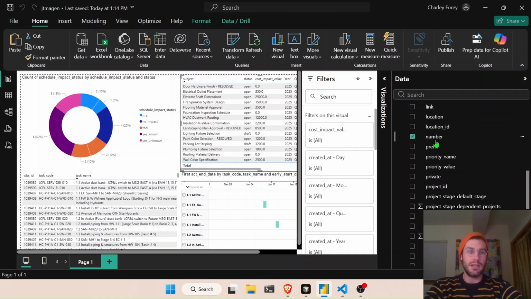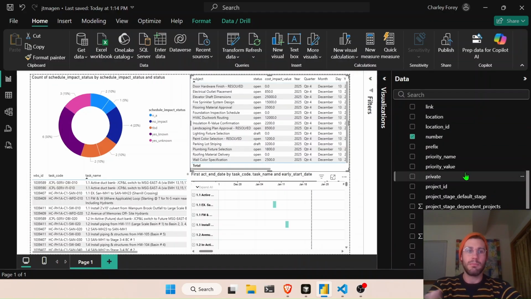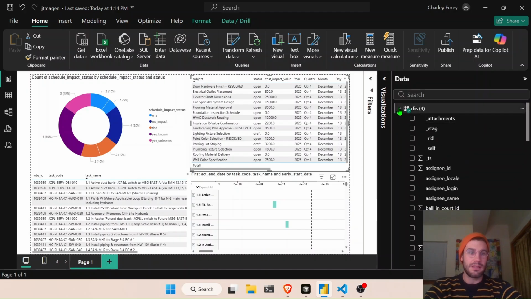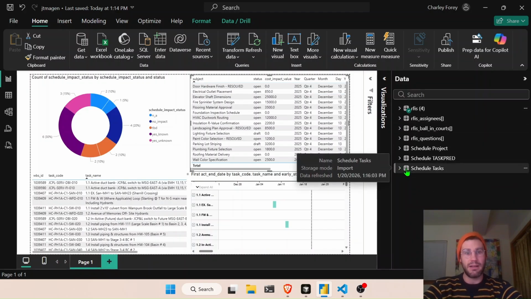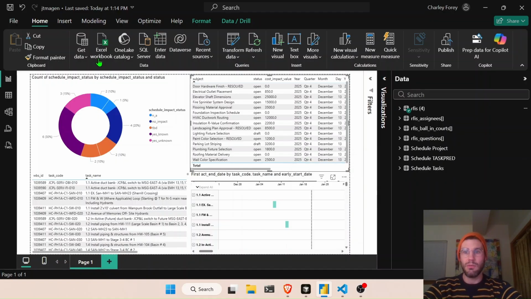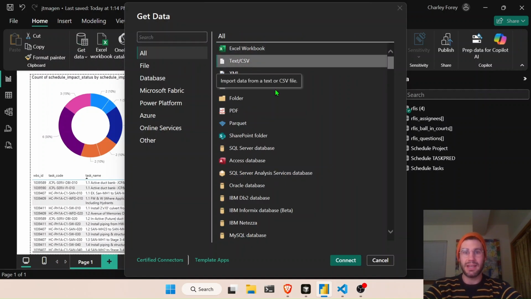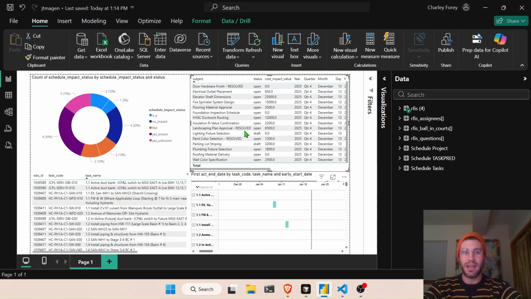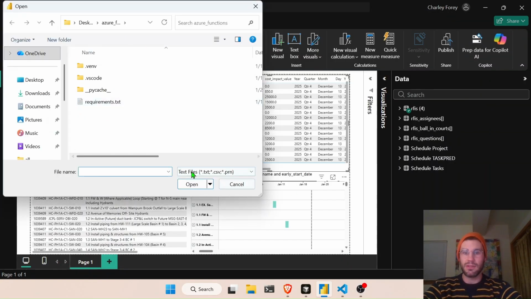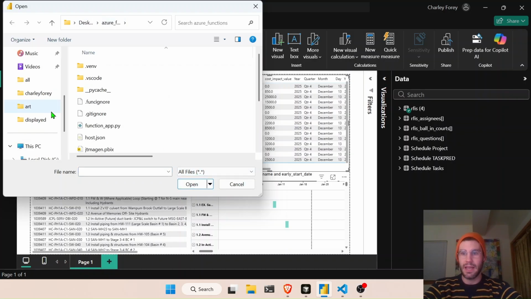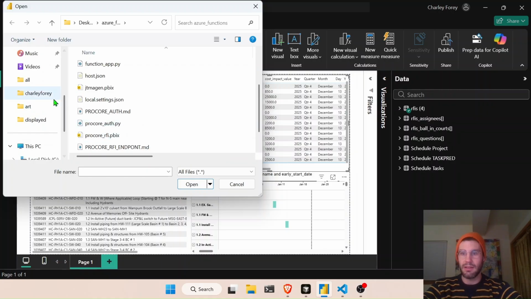What I also did is I learned a little bit about how we can get the P6 .xer file into Power BI. This is a bit different because it's a delimited file, meaning there's specific data associated with it. So when we get the data, we have to load it as a text/CSV file. When we connect, we then reference the data associated with it. I have to choose all files here, and this would leverage the